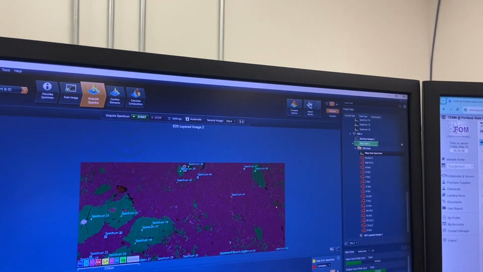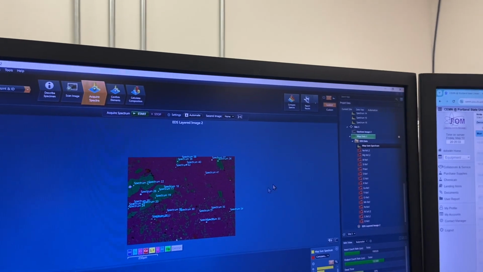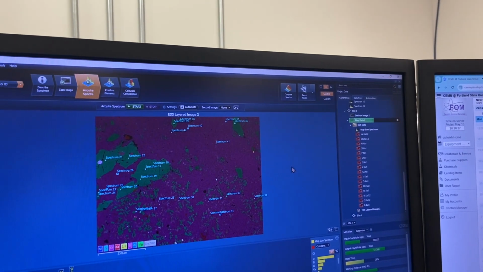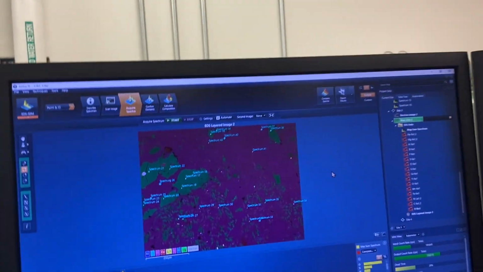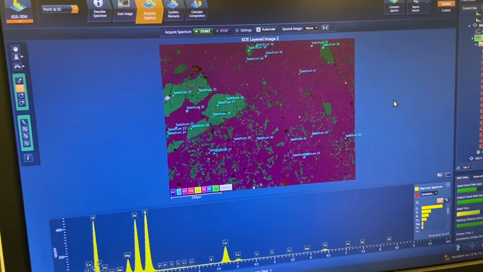A lot of points, so this will take a while. Normally it's about 2 points per minute, or 1 point per 30 seconds. So I try to be efficient with my timing. I don't want to get too many points if I don't need them, but I don't want to get too few points where I feel like I have to come back later. So,